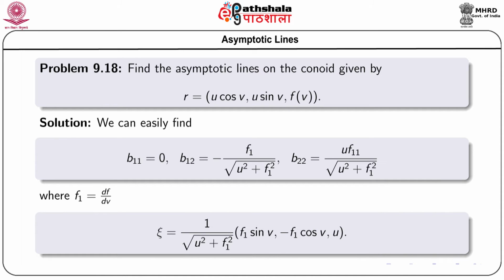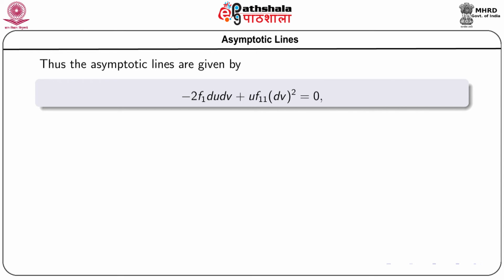f1 is equal to df/dv. So we can easily find the normal xi. Xi is 1 by root over u square plus f1 square, times (f1 sin v, minus f1 cos v, u). Thus, the asymptotic lines can be obtained by this equation. If we put in the condition for asymptotic lines, we get the equation of the asymptotic lines: minus 2 f1 du dv plus u f11 dv square equals 0,